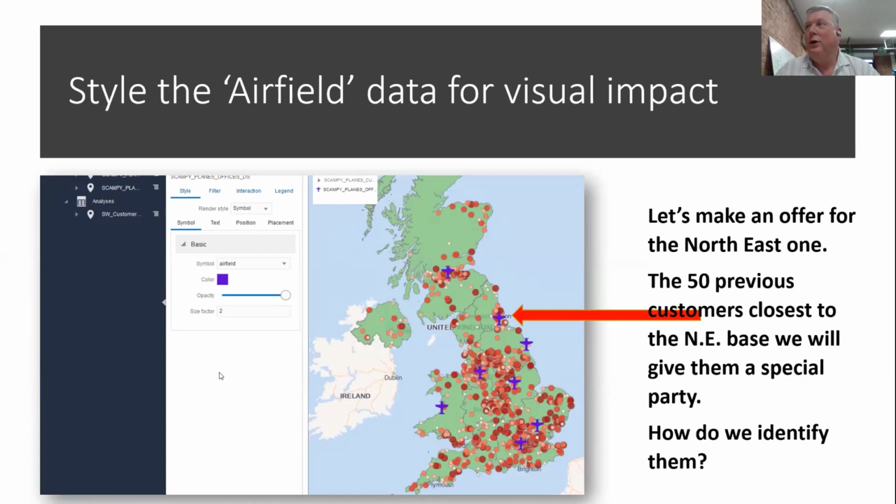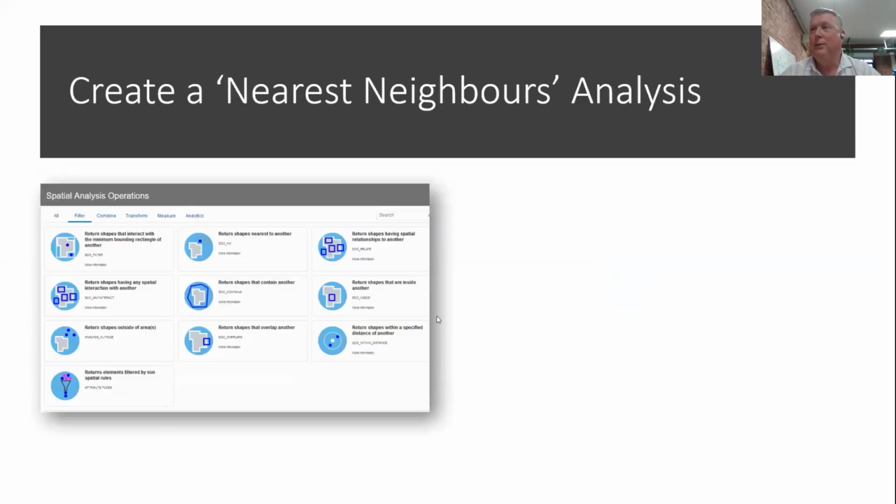And what I can do here is say, well, how about we create an offer? We create an offer for the northeast, this northeast airfield here, and say, let's take the 50 closest customers to the northeast airbase and give them a special party. So how can I quickly find the 50 customers who are closest to the northeast airbase? Well,